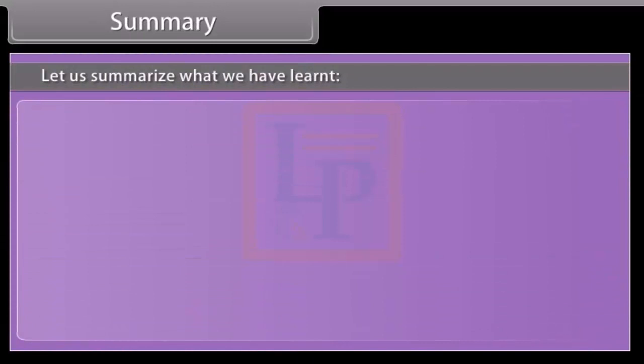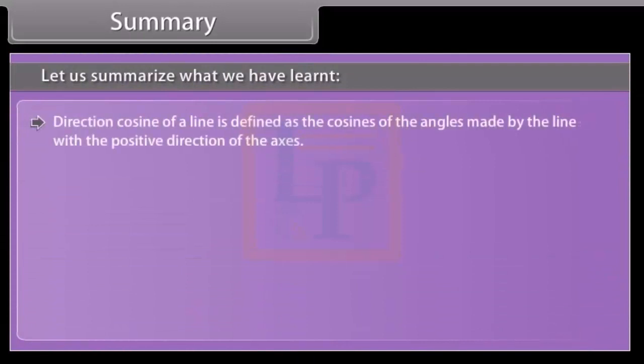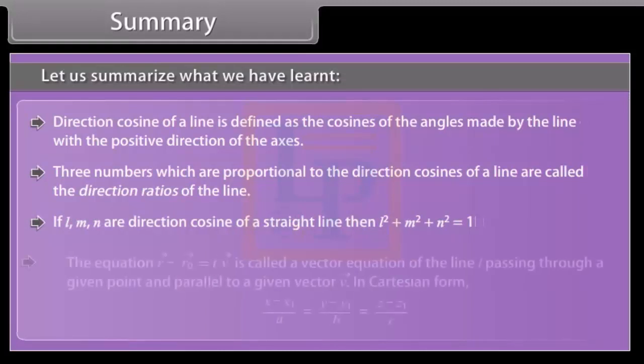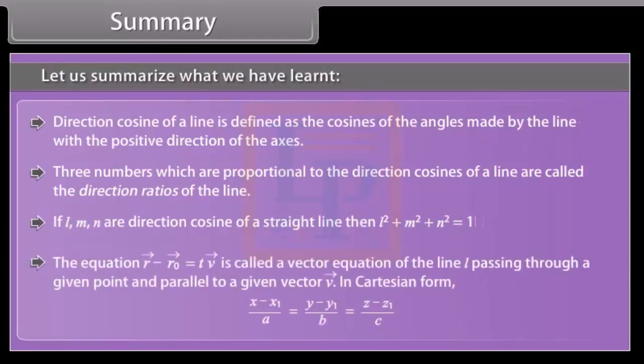Summary. Let us summarize what we have learned. Direction cosine of a line is defined as the cosines of the angles made by the line with the positive direction of the axes. Three numbers which are proportional to the direction cosines of a line are called the direction ratios of the line. If l, m, n are direction cosines of a straight line, then the equation is called the vector equation of the line L passing through a given point and parallel to a given vector v. In Cartesian form,